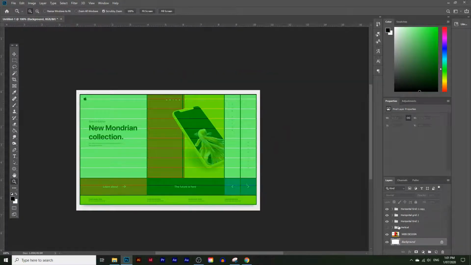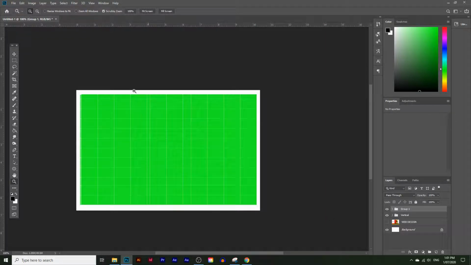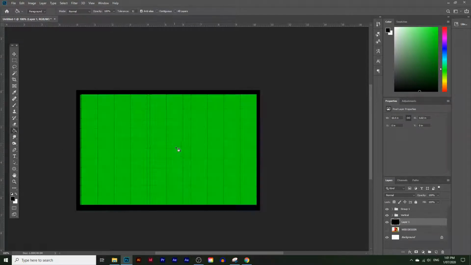So let's reveal the vertical grids, and let's also group the horizontal grids together. And I'm going to hide the web design. So now you can kind of see the grids right here. It'll be easier to see if you just put a black background. So I'm just going to create a new layer, and now you can see the grids. So this is the grid system that we're going to lay out on Webflow, and then we're going to design